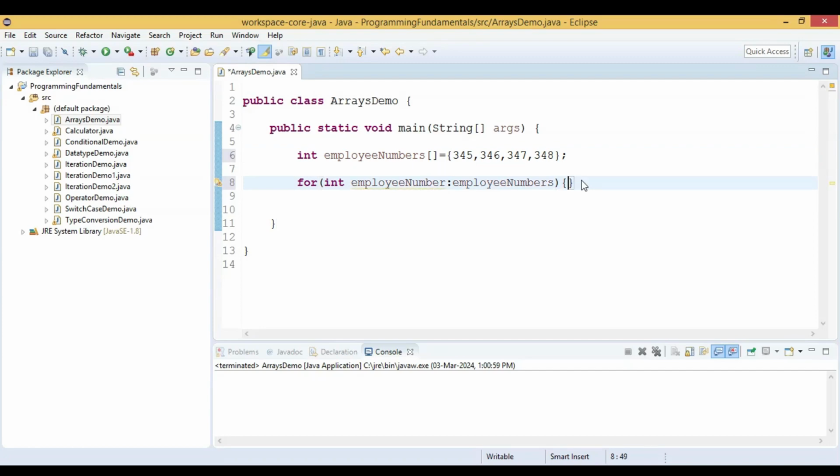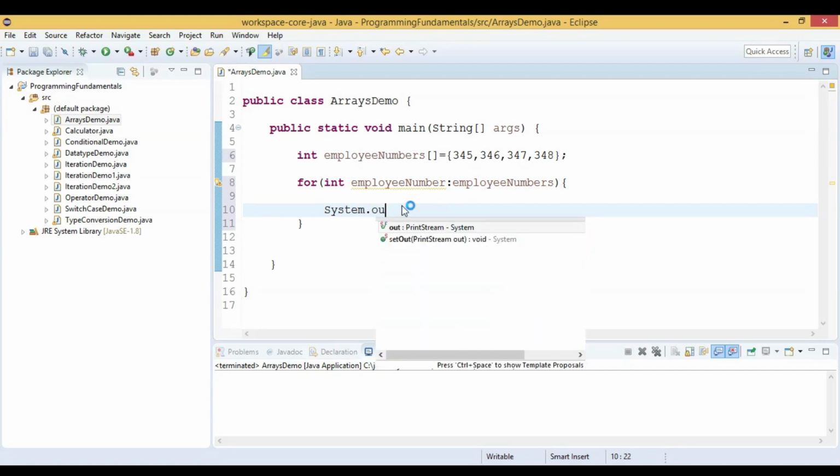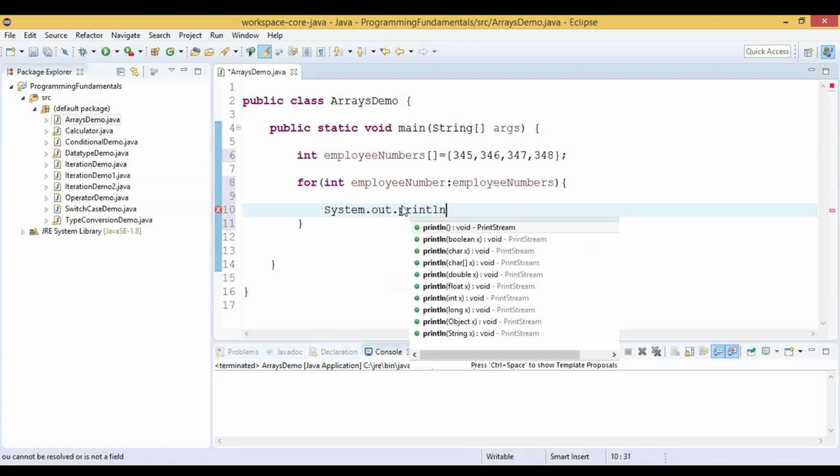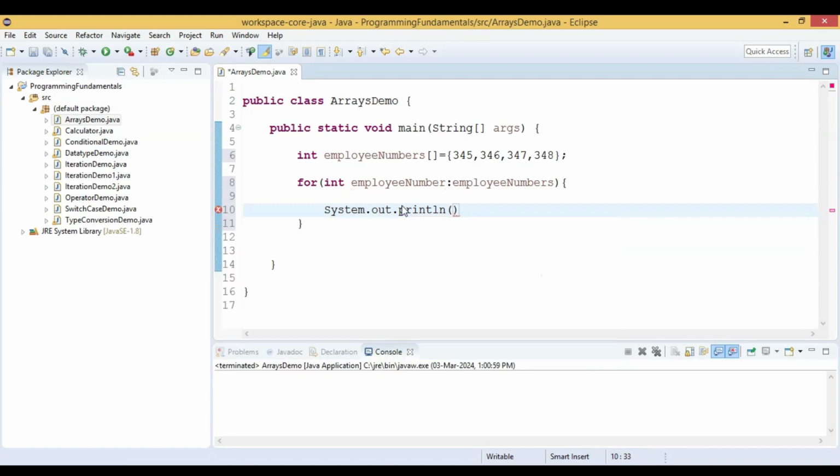Okay, then let us print the employee number. You can use System.out.println, then "employee number" plus the employee number variable. Okay,